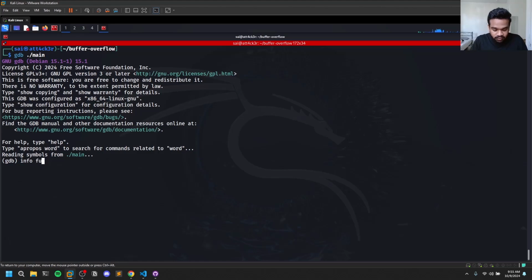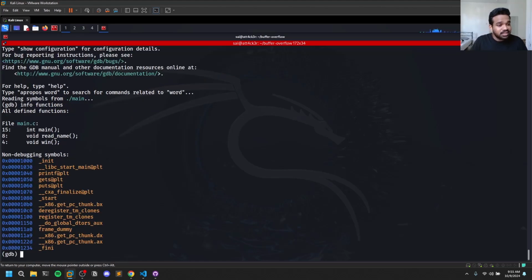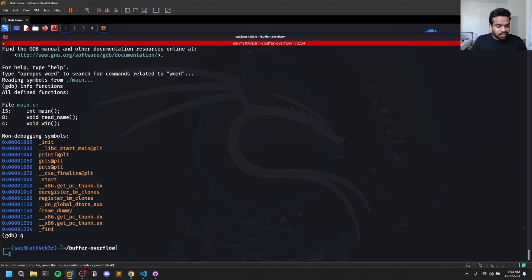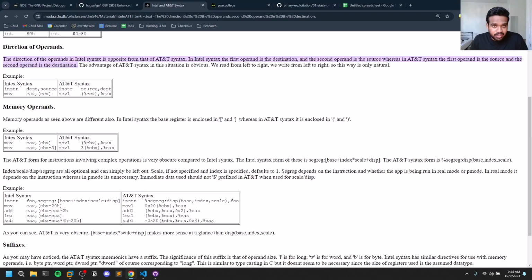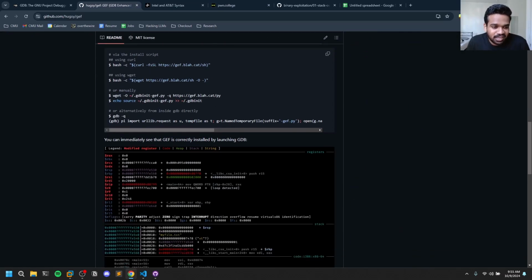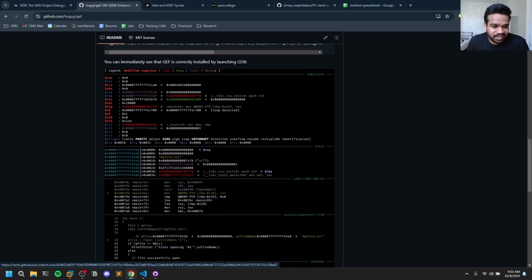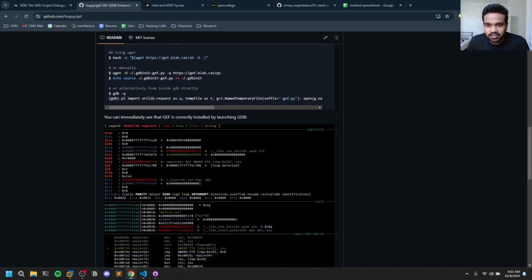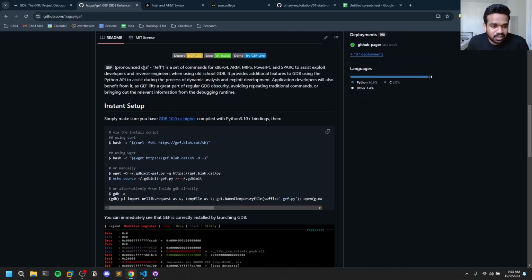If you do info functions, you can see all the functions here. And I would like to add something to the gdb. If you want to make your gdb more advanced, you can use something called gef, which more or less beautifies your output and debugging stuff. Like you can see all your variables, all those stuff. It's very simple. It creates a .gdbinit file, which is like a .bashrc file for bash,